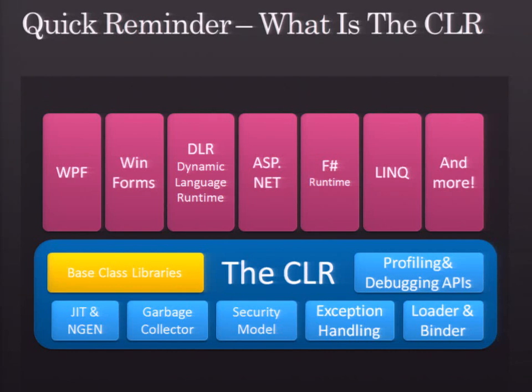Thought I'd start with a quick reminder. What is the CLR? We have the base class libraries. Mike down here in front helps run the group that does that. Profiling and debugging tools, JIT and NGen, garbage collector, security model, exception handling, loader and binder. All this stuff up on top, unfortunately, is not us. So that's other teams like the WPF team and WinForms team. The DLR guys, I build the dynamic language runtime. They build that on top of us, and